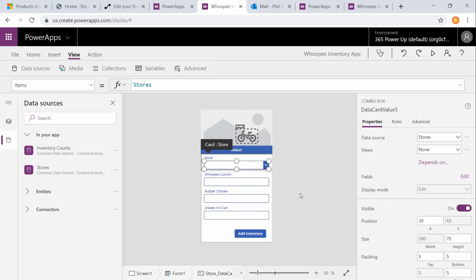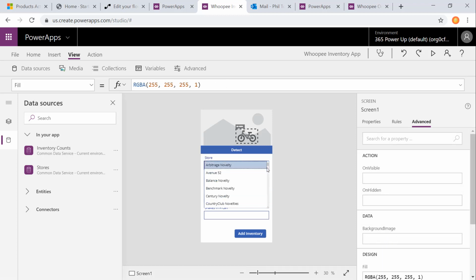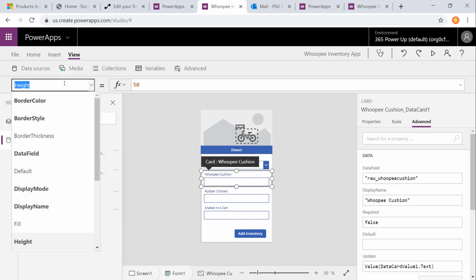And then we can have the store view. Let's take the active stores view so we get a list of active stores so the user can choose the right store. And we see here it's pulling up the name field. That's what we want. And so we see here we get a pick list of all the stores. So that looks good. So now let's unlock the Whoopee cushion card, and we'll set its default value to populate